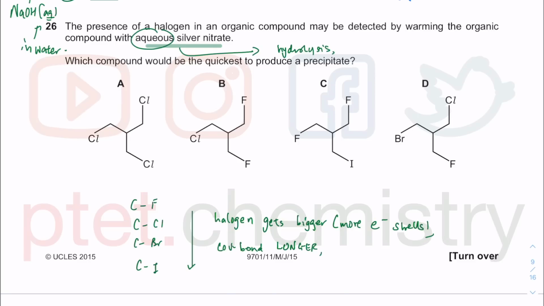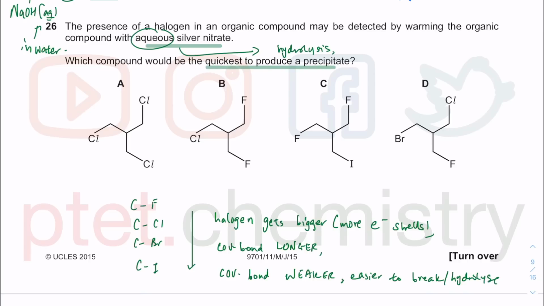In the bonding topic, a longer covalent bond means the bond gets weaker, and when it gets weaker, it's easier to break, easier to hydrolyze. That is why anything that has the weaker bond will be hydrolyzed first,